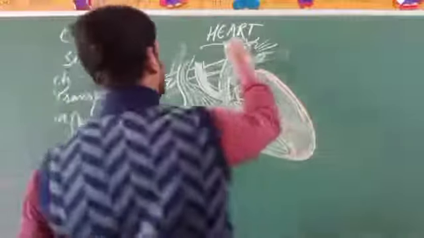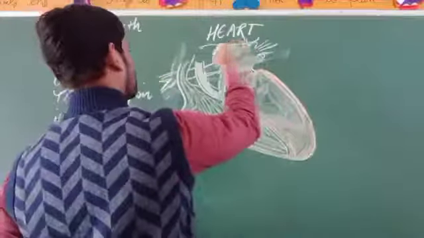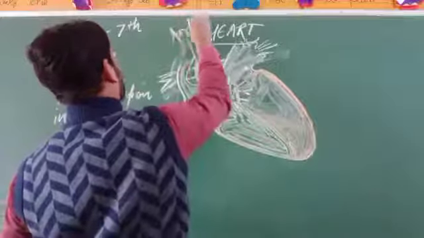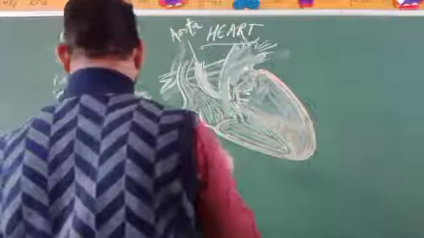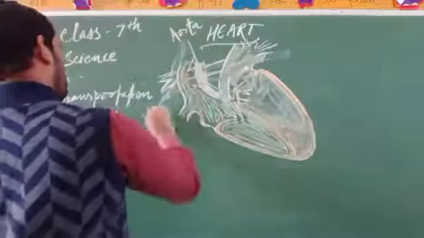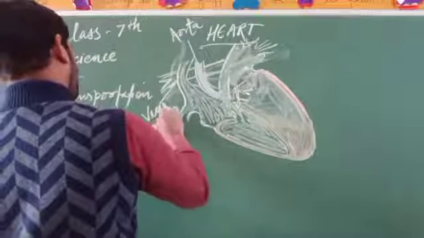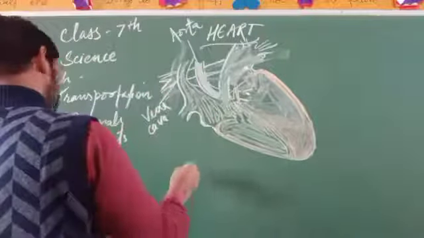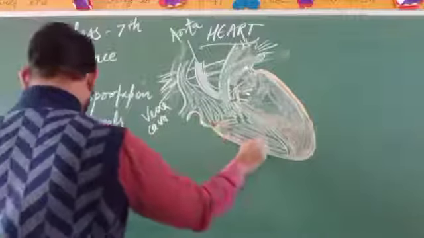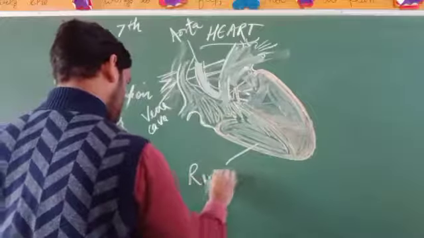This one is called the aorta, and here the vena cava. This can be the right atrium, right ventricle,